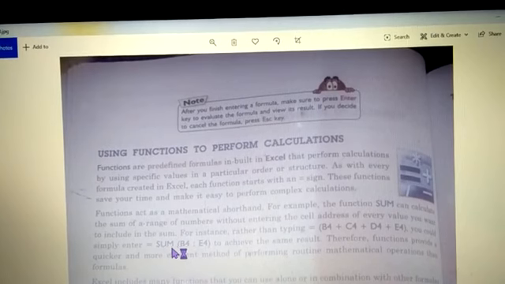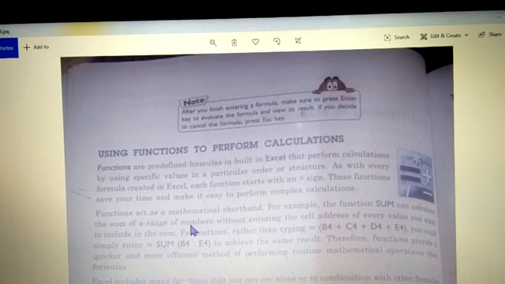How? See here, in function you will write equal to, then SUM. After this you will start the parenthesis. Parenthesis means brackets. So in computer, brackets means parenthesis, remember that, children. Now when you start with parenthesis, whatever range you are selecting, the computer will know that it has to add those cell values.